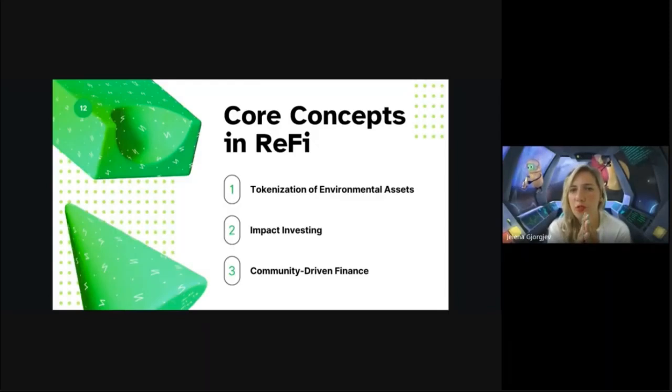So ReFi platforms often incorporate decentralized governance models that give stakeholders a voice in how funds are allocated and managed. So this inclusive approach ensures that financial activities align with the needs and values of the community. For instance, through decentralized autonomous organizations, or DAOs, community members can propose and vote on projects, fostering a sense of ownership and accountability. And by empowering communities, ReFi helps to build resilient and sustainable financial ecosystems that reflect the collective